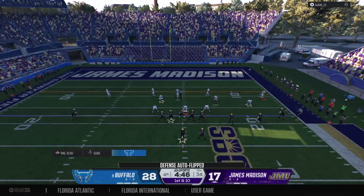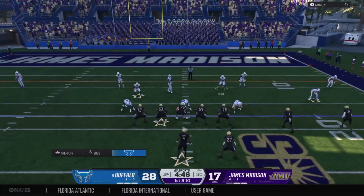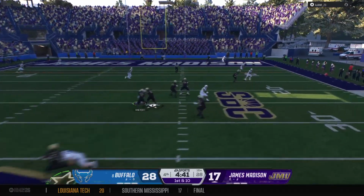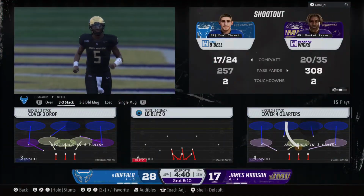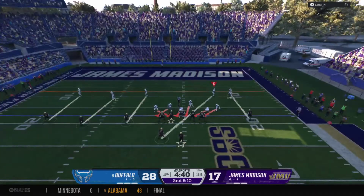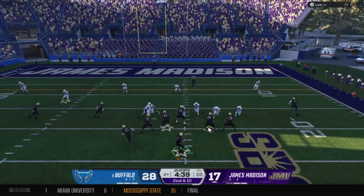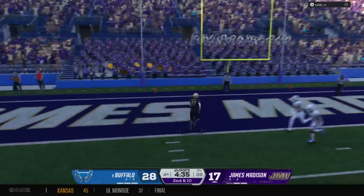And the Dukes have it with a 1st and 10. Might be changing the route. From the red zone, looking for a man. Nobody open. He just throws it away, and it'll bring up 2nd down. The bad news is it's incomplete, but the good news was the quarterback, I think, made the right decision that time, actually throwing it away. He's been burned a couple times early in this one with some picks in this game, and so that time, instead of trying to force the play...